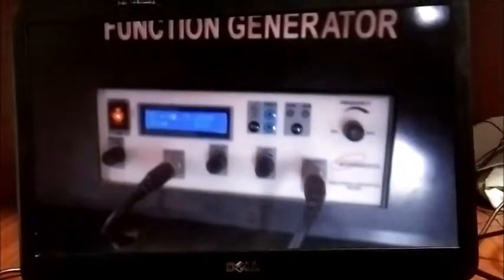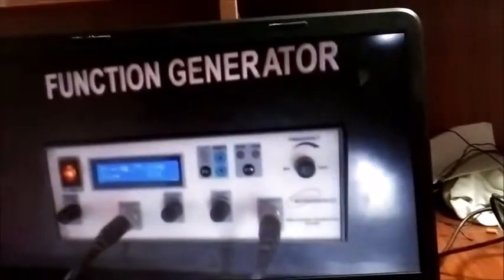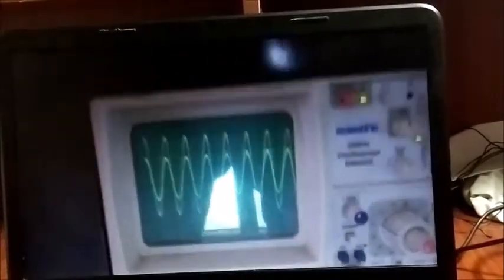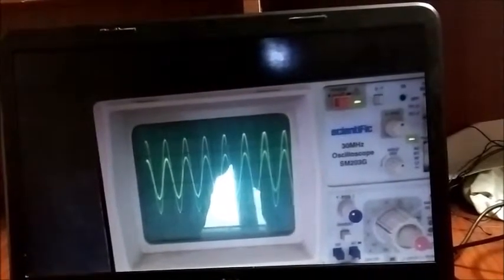Here we gave frequencies and found out the range of frequencies. If we give 0 to 100 Hz, we get a constant frequency of 40 Hz, and 100 to 400 Hz we get a frequency of 155 Hz, and 400 Hz to 1 kilohertz we get 625 Hz, and 1 kilohertz to 1.5 kilohertz we get 1.25 kilohertz, and above 1.5 kilohertz we get a 10 kilohertz constant frequency.